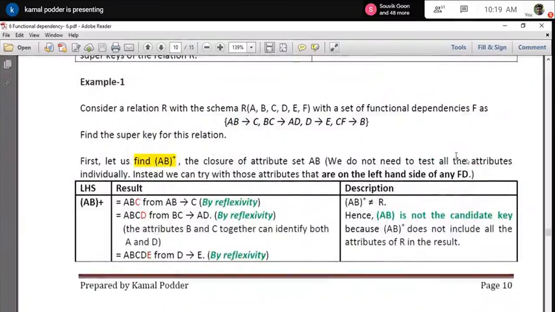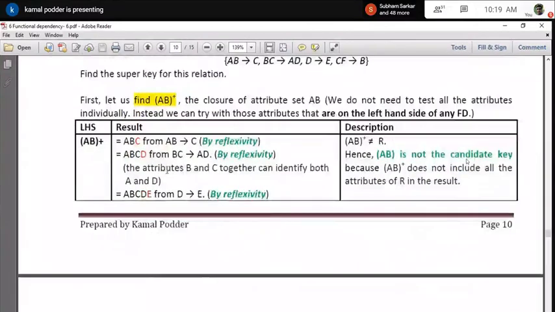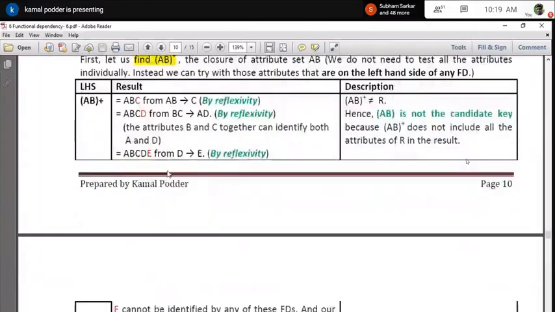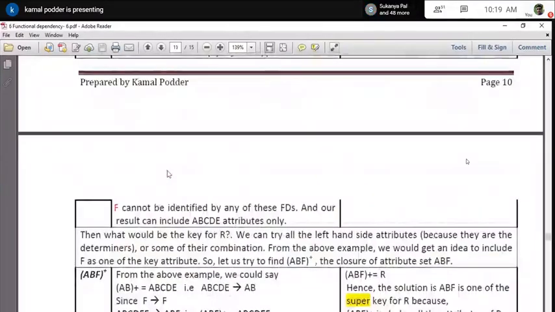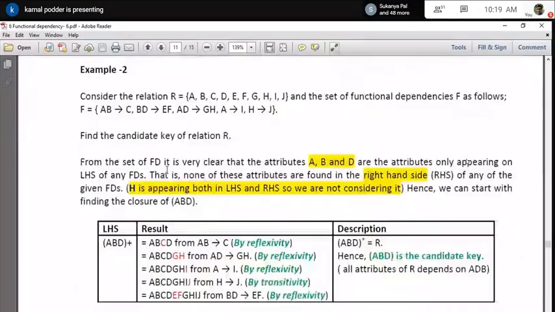So you understand that if the relation is very complicated and you have found out maybe only a few attributes of your FDs, then sometimes it can take a longer procedure and more steps to find out the super key, and subsequently the candidate key. Take another example: A, B, C, D, E, F, G, H, I, J. And this is my set of functional dependencies. I have found that out by understanding the meaning of the attributes, trying to find out their relationships, and examining the data.